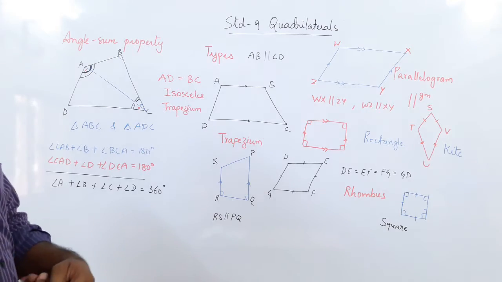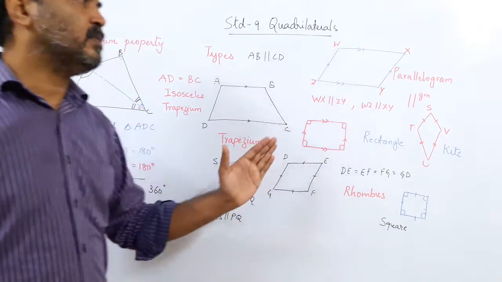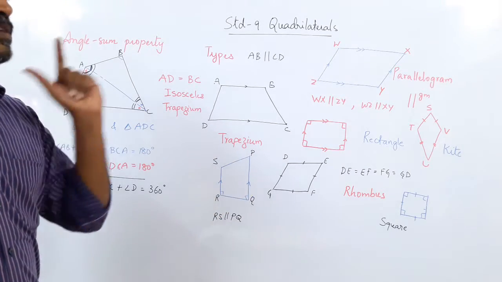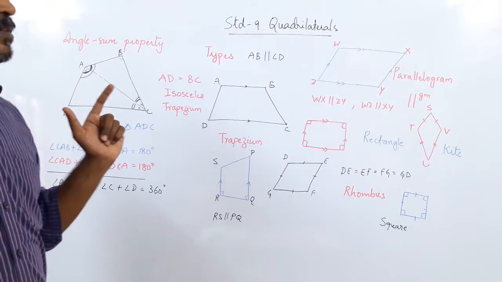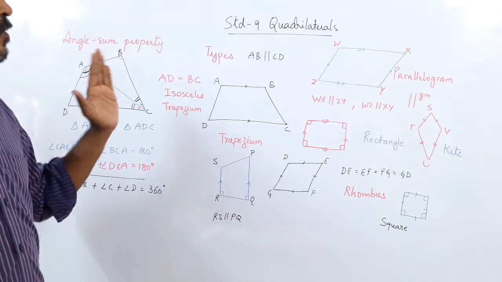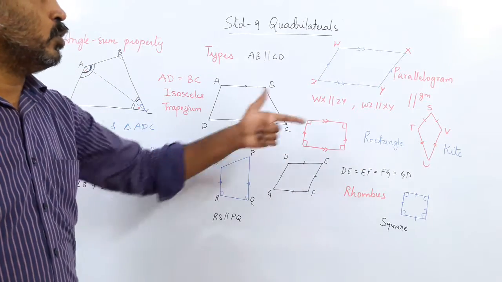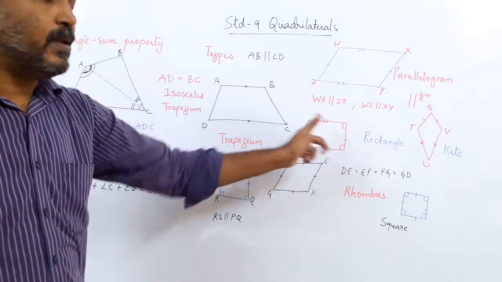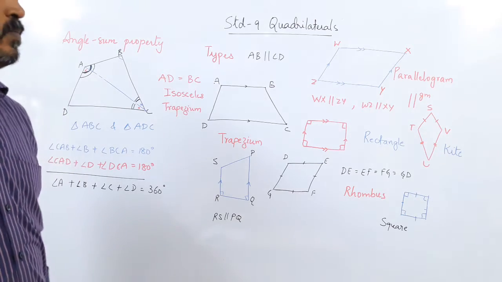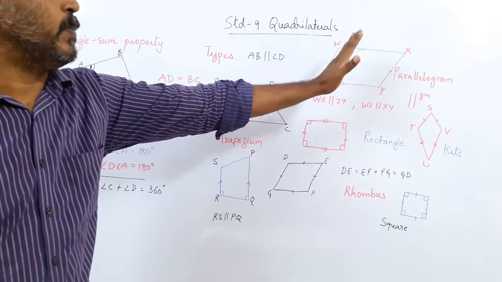And now again a last repetition, and you will have to learn these names, because when in the sum this name is taken, at once the picture should come in your mind. This is your mathematical vocabulary. Remember, whenever we use any name, if I use the word rectangle, then immediately you should know the opposite sides are parallel and every angle is equal. If I use the word parallelogram, the only condition, the opposite side should be parallel.